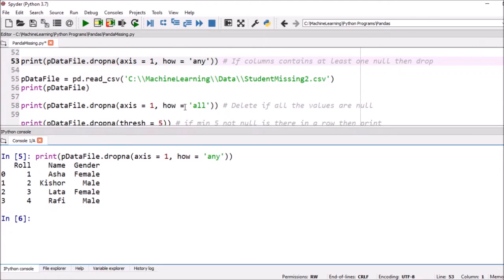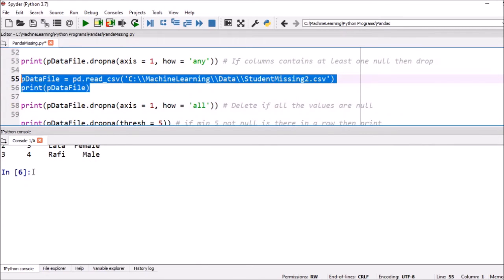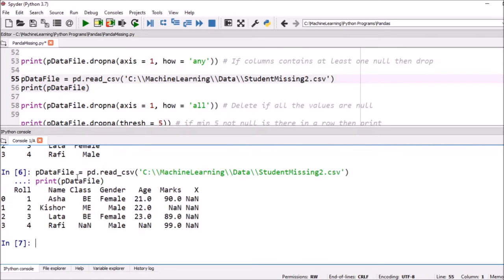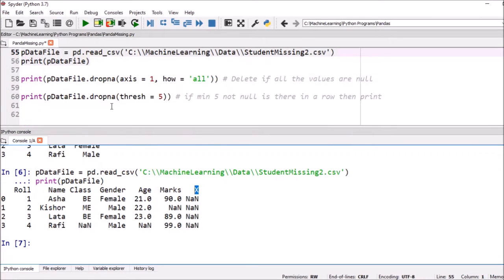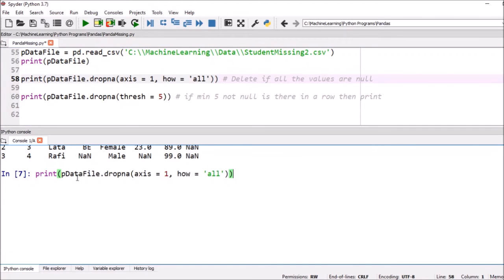Okay. Now we'll see the case where a column contains all missing values. Suppose one file is there where one particular column contains all missing values, and we want to delete that column. In this way you can use this instruction: pdata file dot drop, any, axis equal to 1 means column wise, how equal to all.